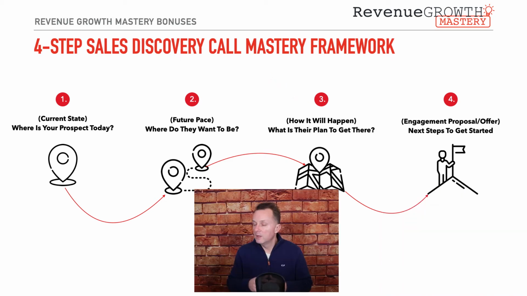So that's step 3. So then that will lead to step 4, which is the engagement proposal or the offer that you're offering this prospect and the next steps for them to get started working with you. In this section, this is where you're going to go into, here's how we can help you, here's the services or the products we have to help you achieve those goals or overcome those challenges. So that's the framework that you want to use for every new discovery conversation that you have to keep you on track and understand where the customer is, where they want to be, how they intended to get there, and then you go into how I can help you achieve these goals or these challenges that you're looking to uncover. So in the next videos, I'm going to go a little deeper into each one of these 4 steps